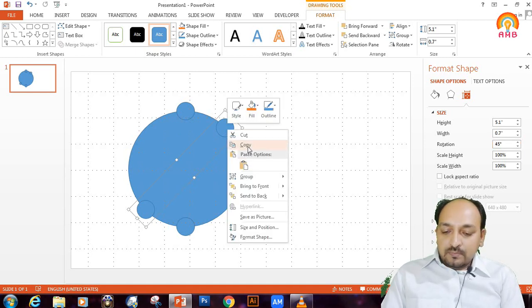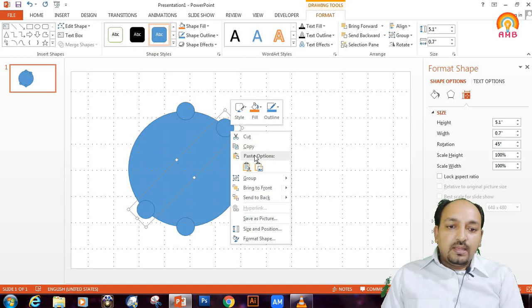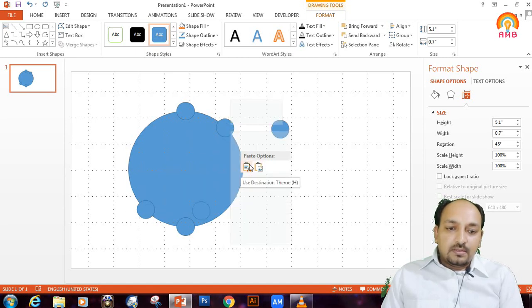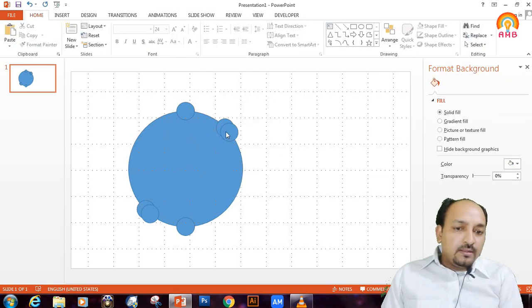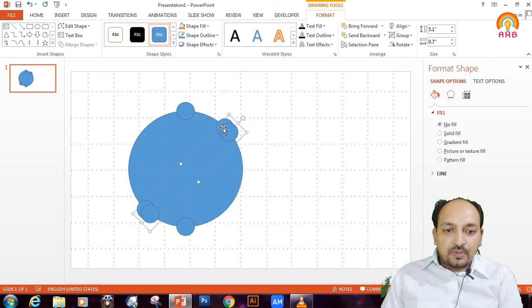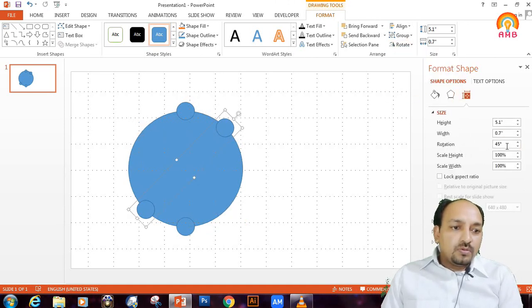Now again I am copying this and pasting. Before rotating, I have to keep it on the same position, and then only I have to rotate it.